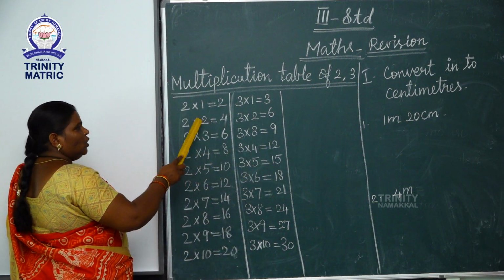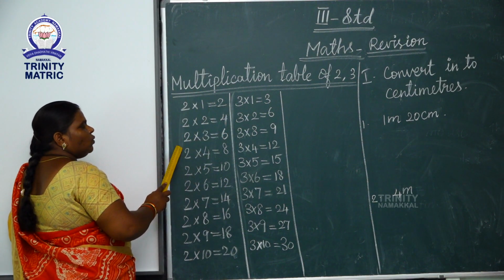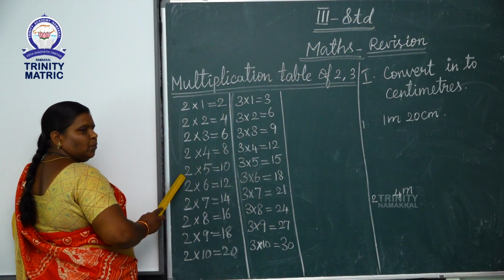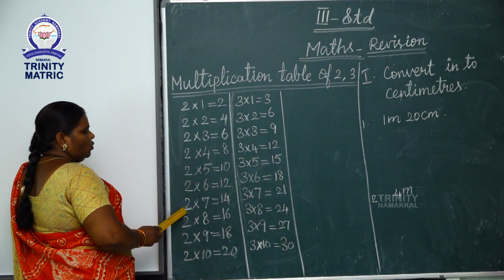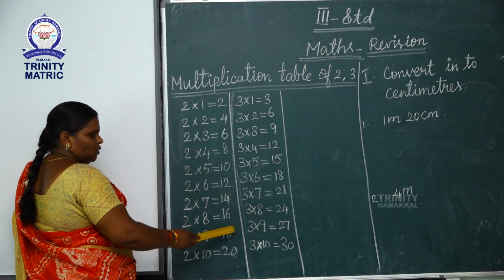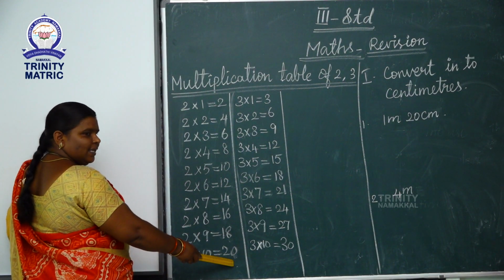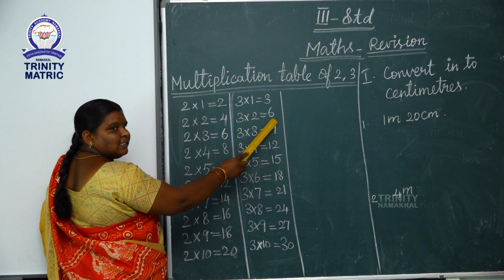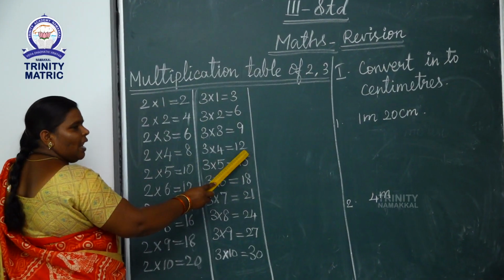I say again: 2 1s are 2, 2 2s are 4, 2 3s are 6, 2 4s are 8, 2 5s are 10, 2 6s are 12, 2 7s are 14, 2 8s are 16, 2 9s are 18, 2 10s are 20. 3 1s are 3, 3 2s are 6, 3 3s are 9, 3 4s are 12,